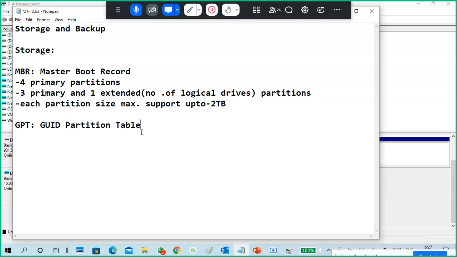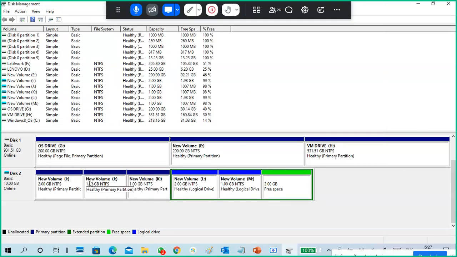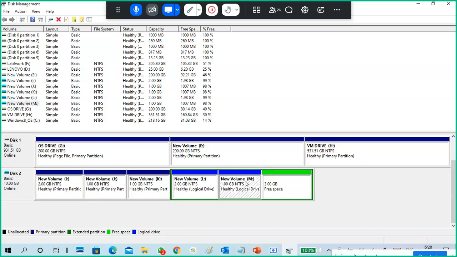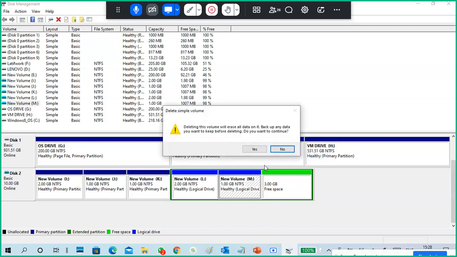Okay, next, what is a GUID? We'll see that one. I'm going to delete each and every partition, because I can't convert into GPT until I remove everything. Okay, how to delete the partition.